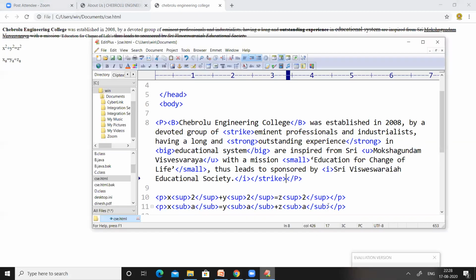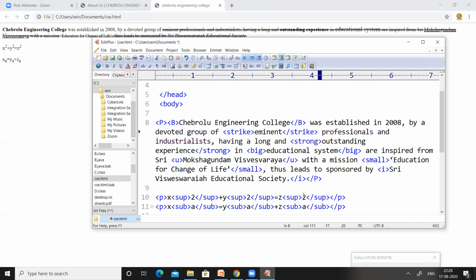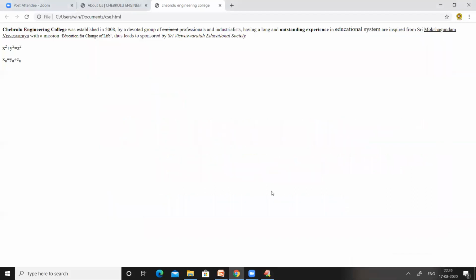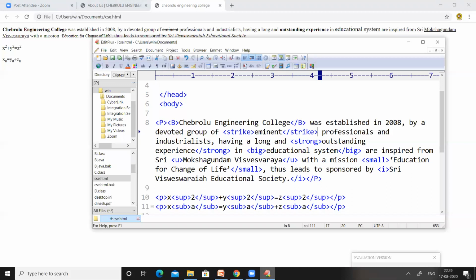So the strike appeared for all the text from eminent to the society. So this is how we can have a horizontal line on a text, not a horizontal line under the text. If we want a horizontal line under the text, we can use a tag called the U tag. And if we want a horizontal line on the text, then we have to use a tag called the strike tag. And then there is one more tag called the mark tag.